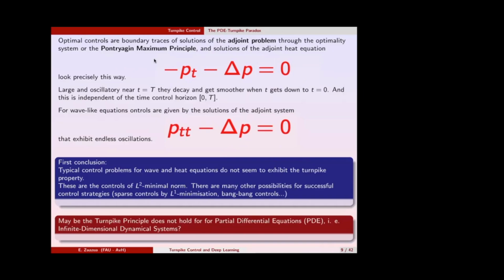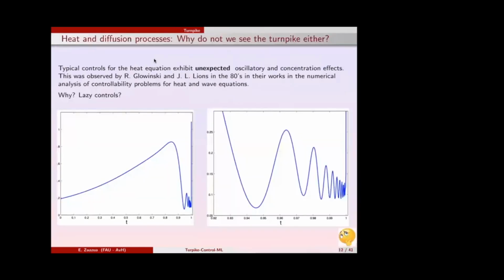And how do these solutions behave? Well, it's very simple. On the wave equation, this is a purely oscillatory pattern. And on the heat equation, how is this solution behaving? Well, this is like the Cauchy problem for the heat equation, but backwards in time, meaning that if traditionally the solutions of the heat equation go down when time increases, in the present case the solutions of the adjoint heat equation will go down as time goes from capital T to 0. And this is precisely what we have seen here, right?